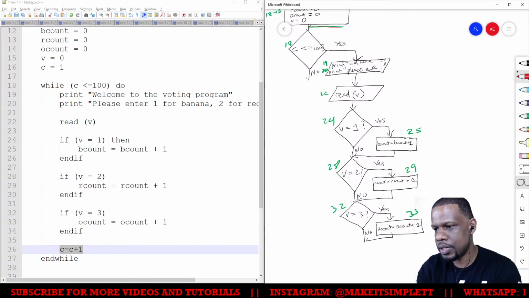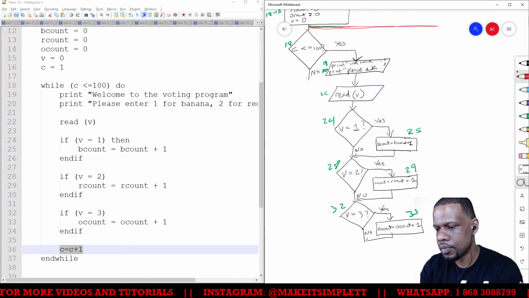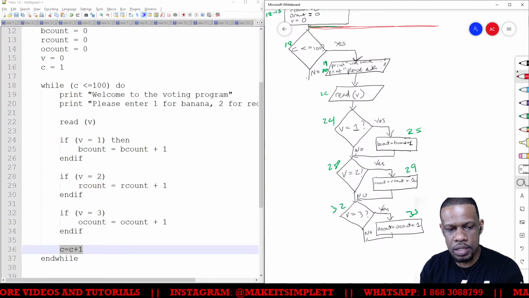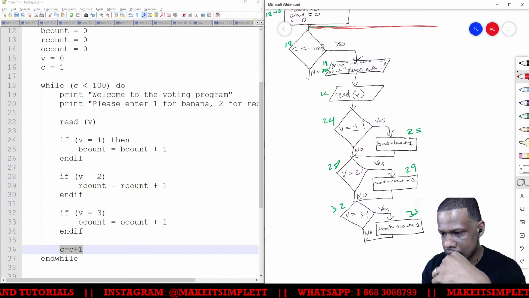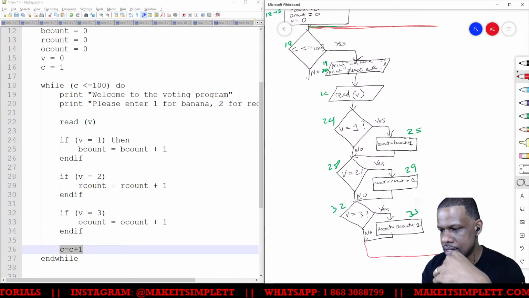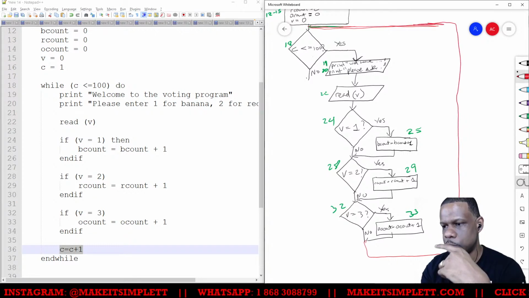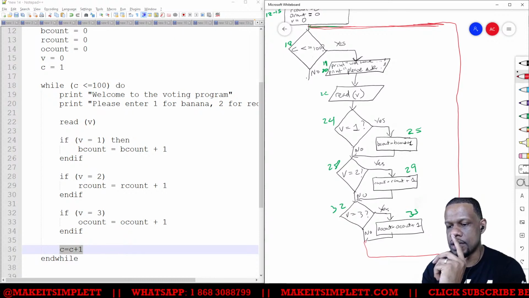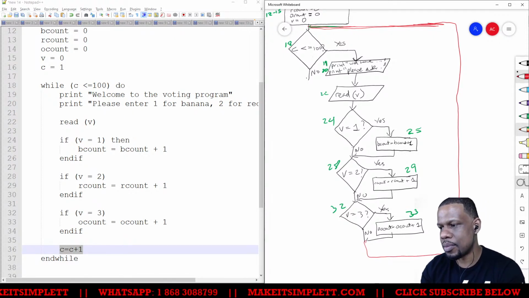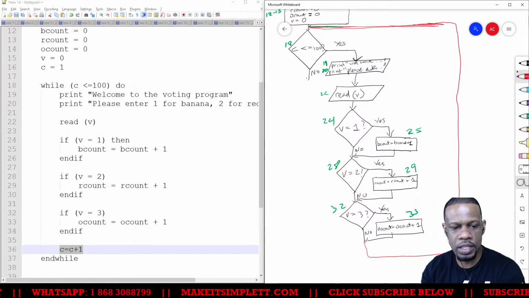So I'm trying to find a way to get on top here. I'm putting this in red because you'll need to see it in red. What has to happen is, no red, I'm leaning forward with great anticipation and excitement. What happens is this has to loop up all the way here and check to see if the count is less than 100. But I have to represent line 36 somewhere in order for it to know that the count went up. Or else the count will never know that it went up.